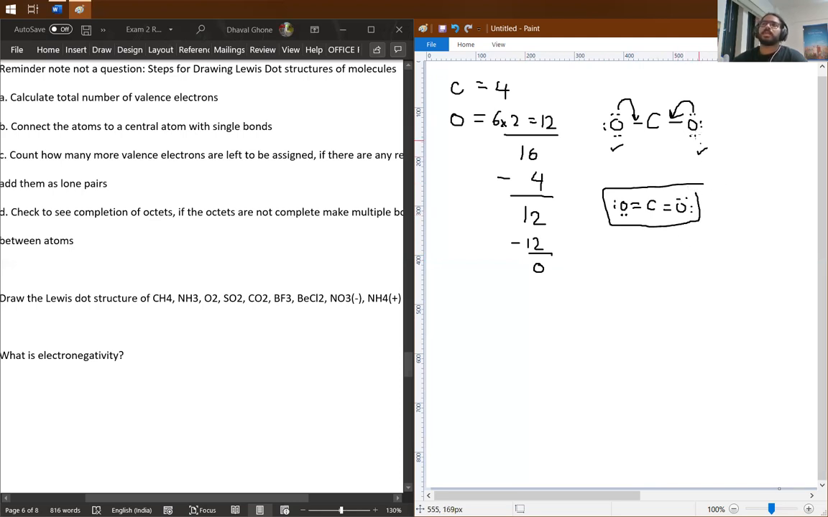I think you would also make this oxygen share 2 and this oxygen share none, and that would be a resonance structure of carbon dioxide. That's correct too. Okay, next one